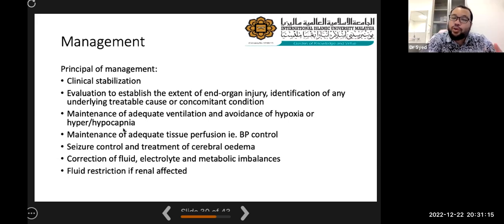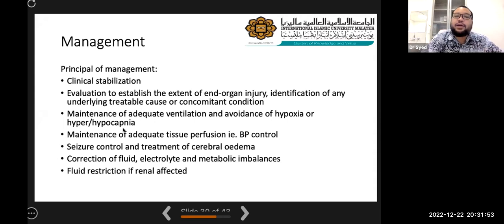If there's seizure, we need to control the seizure. With what? Usually the first line of anti-epileptic medication is still phenobarbital. We should not use phenytoin, we still use phenobarbital. But since last year, there has been a problem with supply of phenobarbital. So now the second line, which many centers are now using as first line is, what's the name? Allah, can't remember. So we need to control the seizure.